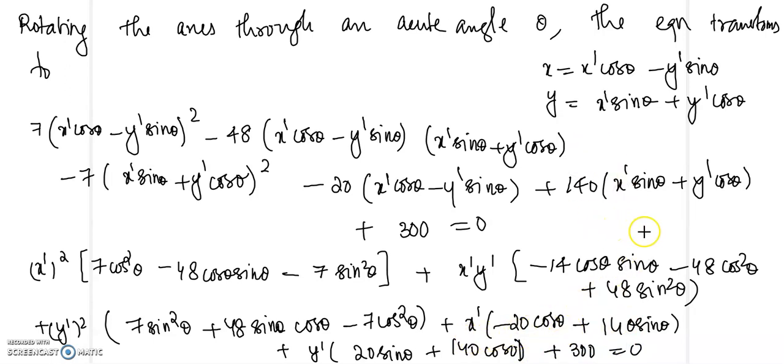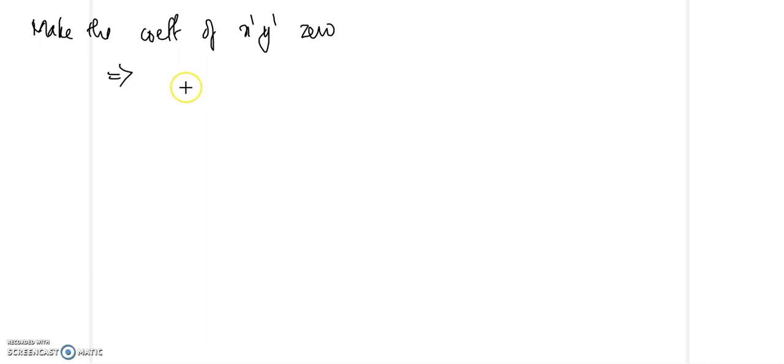Now we need to find theta such that the coefficient of x dash y dash is equal to 0. So make the coefficient of x dash y dash 0. So that implies we will get 48 cos square theta minus sin square theta plus